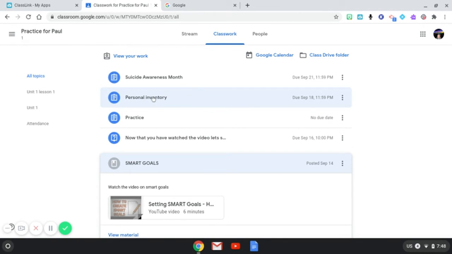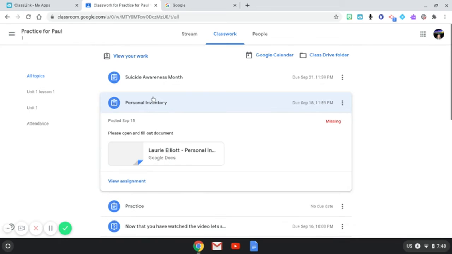If I click on one of my assignments, I'm going to click on this one. This is personal inventory. In this case, the teacher has created a copy for all of us. So I see my name and I see personal inventory, and I can click that and open it. I also see some directions that my teacher gave to me. So all I need to do now is click on that document,